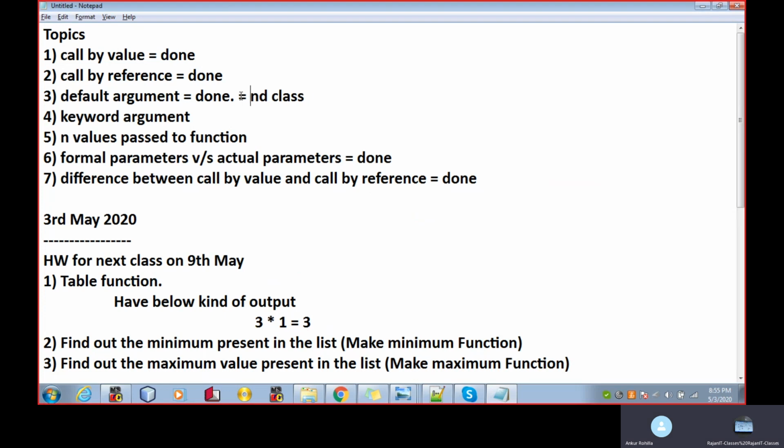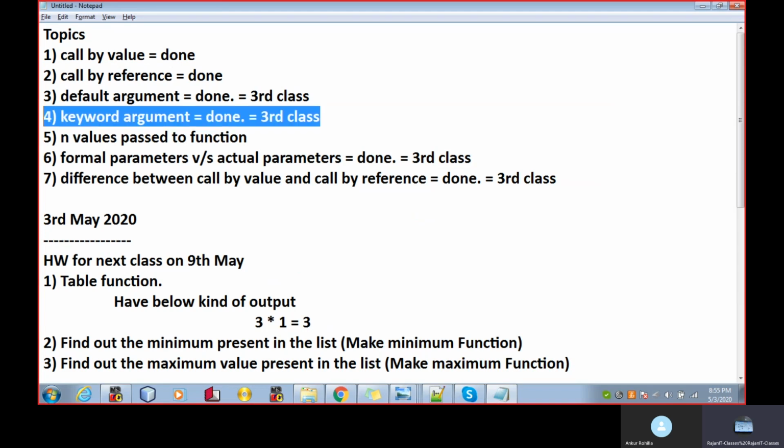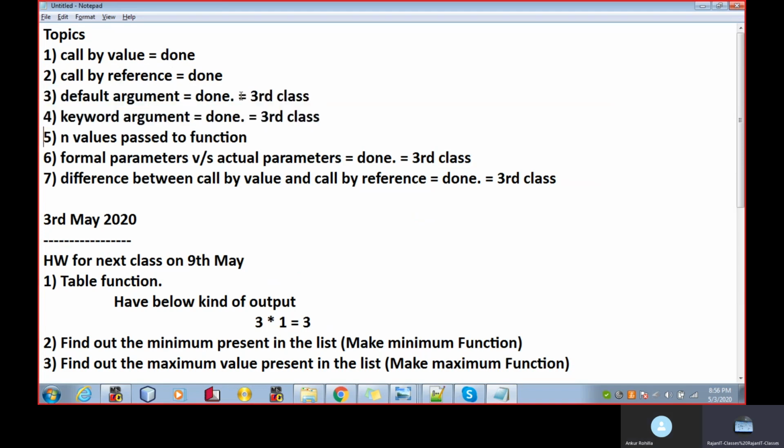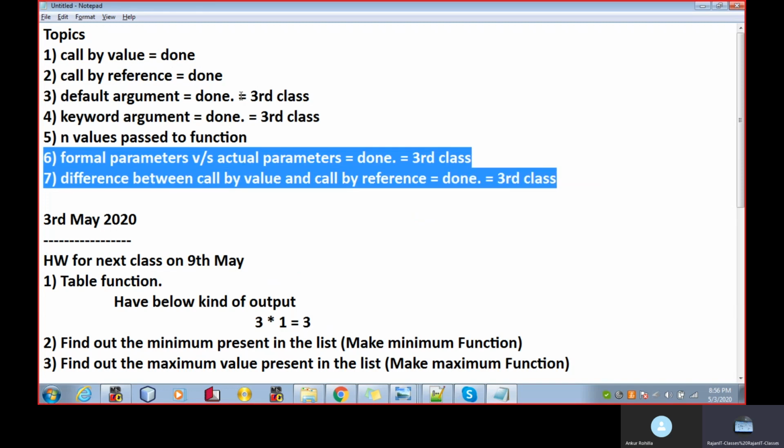This is about the third class. This part is also covered, right? So any doubt in this? No, sir.